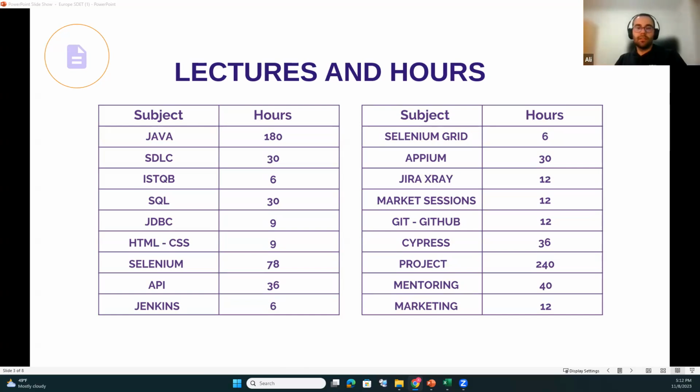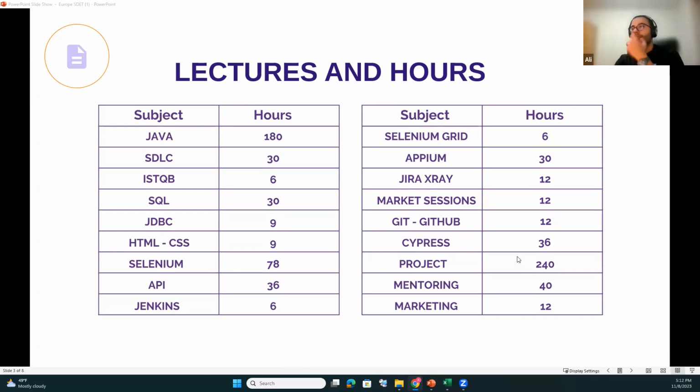Of course, you're going to talk to your instructors, who are going to be teaching you everything. You can ask them questions anytime. So during these 7 months, you're going to be in touch with your mentors and instructors all the time. So there is not going to be any issue about that, and it helps you a lot. When you feel stuck or overwhelmed, they will always help you out.